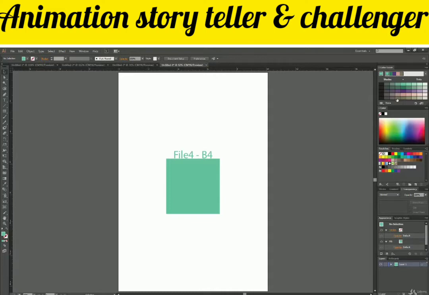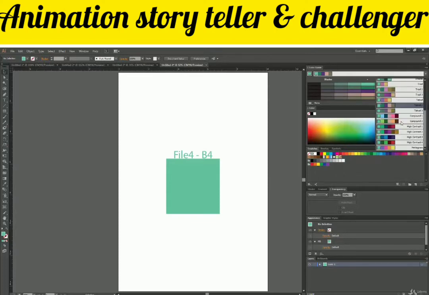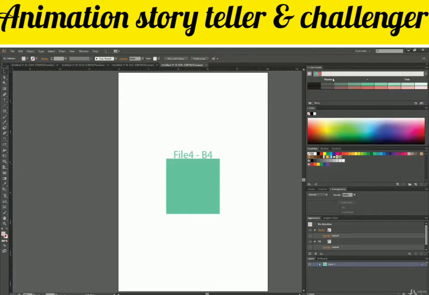Let's say you want to work on swatches and colors, you are working on some color theory examples and you want to make some complementary color schemes. What you can do is have your color guide panel over here, your color over here, and your swatches.